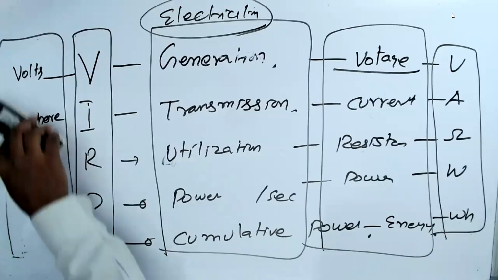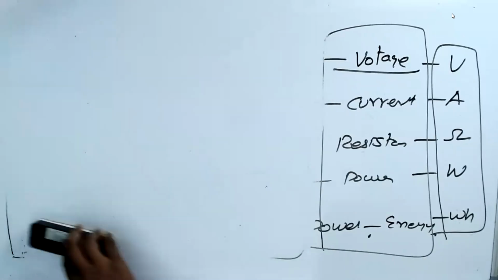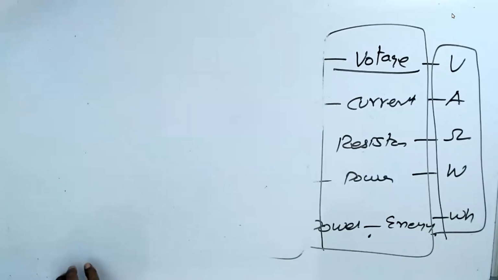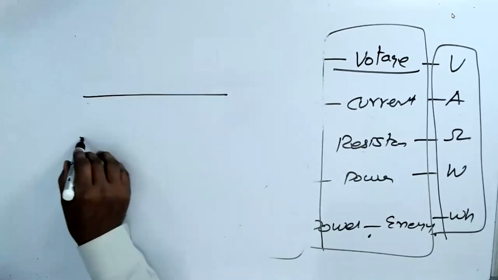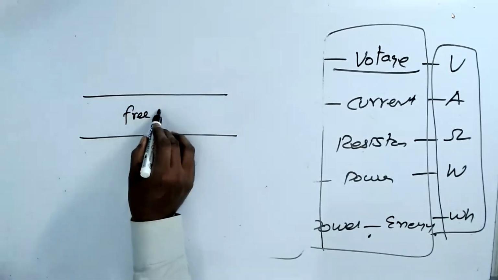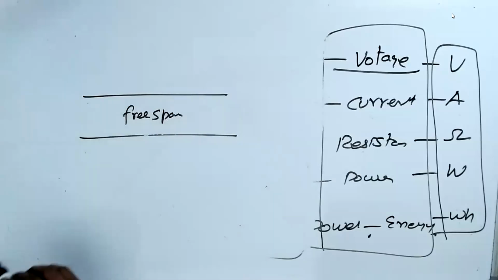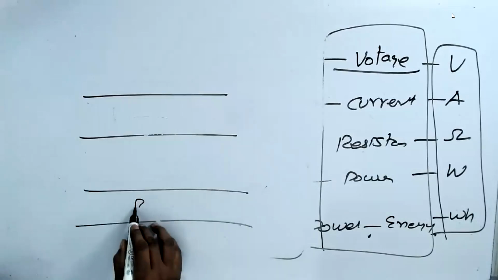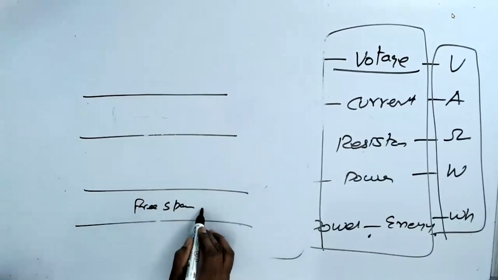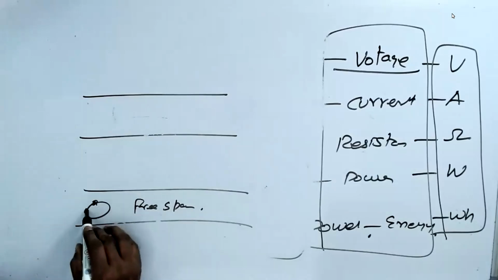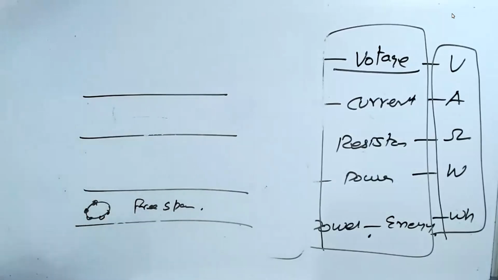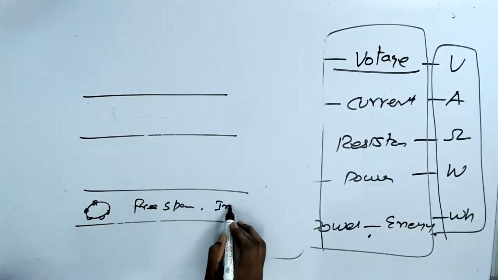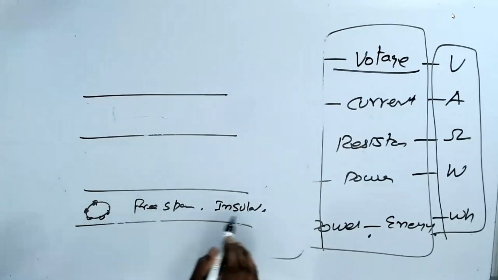Since it's a good question, let me explain. The resistor is nothing but the free space in between the metal for the electron to move. If I don't have any free space, and if the atoms also have all 8 electrons in the orbit, you cannot move them. They are totally bonded. These are called insulators. The electron cannot move through this. No space at all to move.